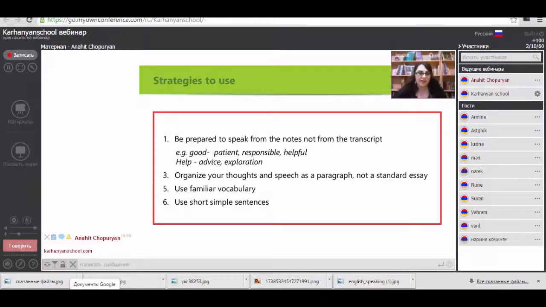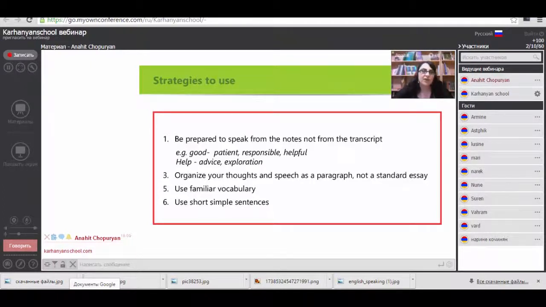In my understanding, a good parent must be patient, responsible, and helpful. And then you go explaining why. Patient, because he must always care about his children, be understanding, listen to them, and this way he's tolerant towards them. And then about responsibility, he must be responsible for his children. He must be helpful all the time, must help them by giving a hand. So try to go further and explain the things that you have given, okay?